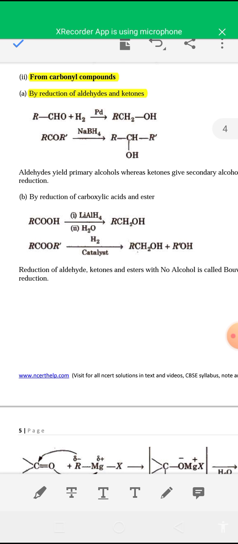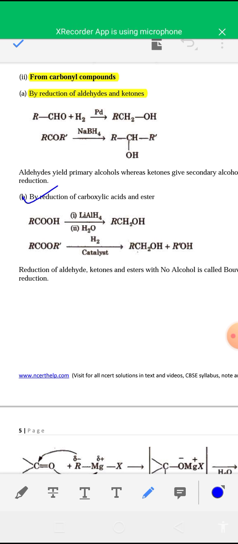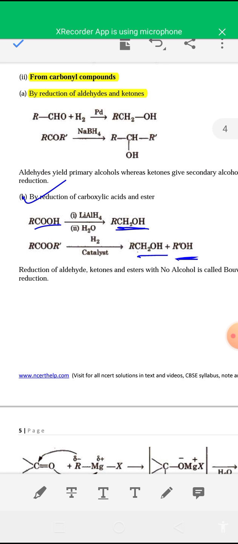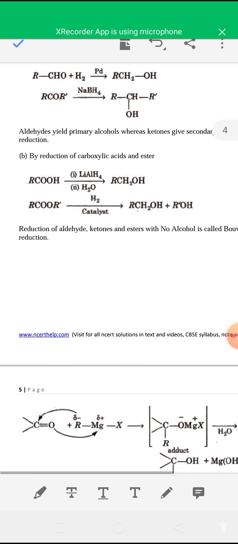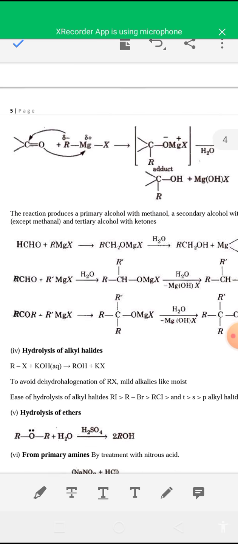Similarly, an acid on reduction with lithium aluminum hydride, the acid group is converted into the CH2OH group. Carboxylic acid RCOOH is converted into RCH2OH. Similarly, an ester on reduction gives two different alcohols. So these are general methods of preparation of alcohols. You have to remember these general methods of preparation of alcohol. There are many methods of preparation of